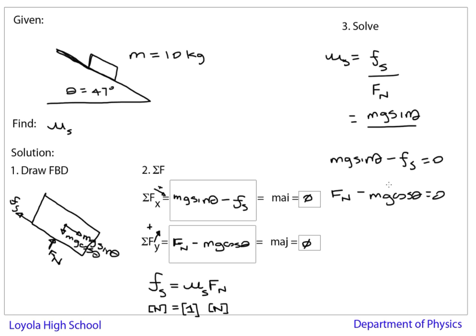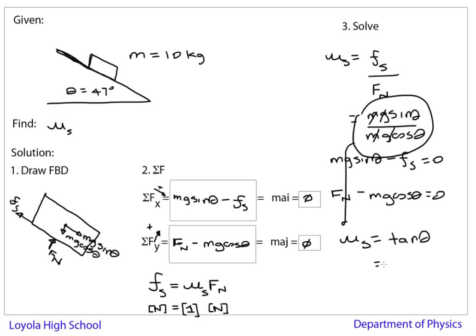So what's f of n? It's actually mg cosine theta. So if I take a look at this, m's cancel, g's cancel. So I can basically say that mu s is equal to tangent of theta,